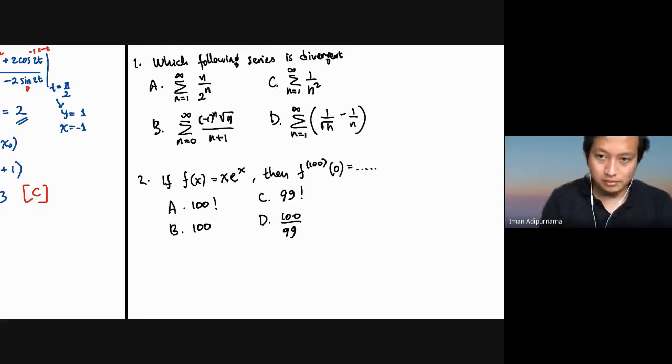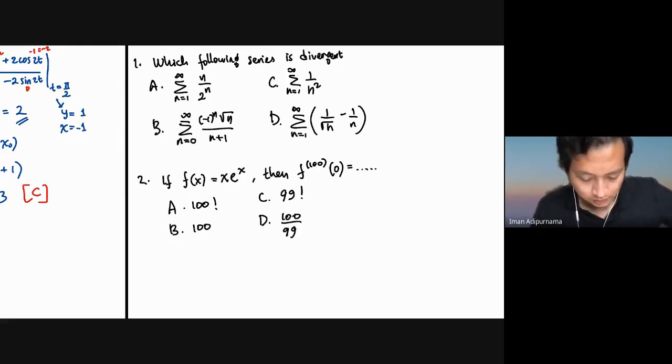Okay, let's start from number 1. Or do you have any solutions for number 1? Which following series is divergent? There is only one answer from 4 options. And the second question, if you have a function x, e with power of x, then the